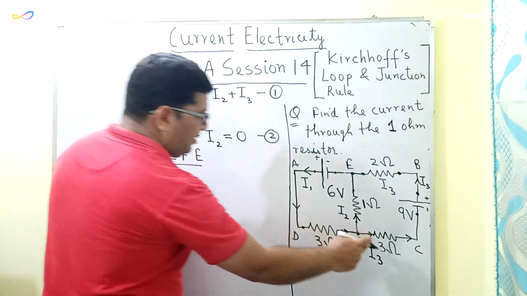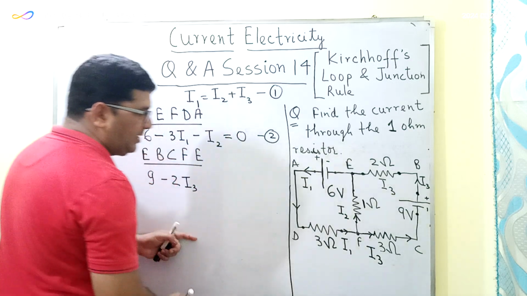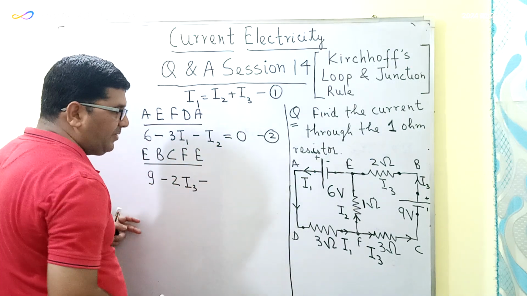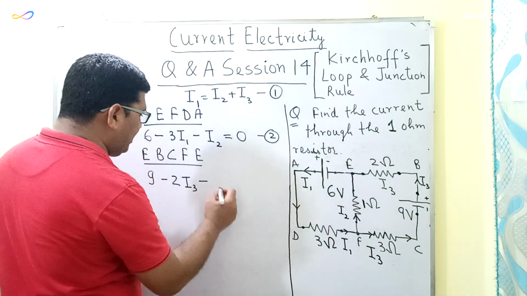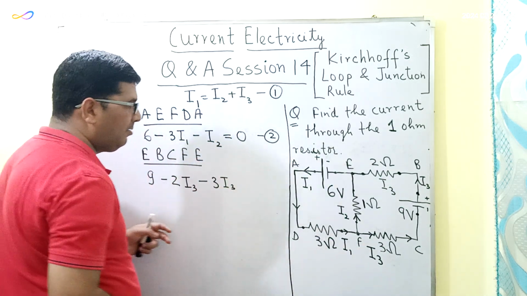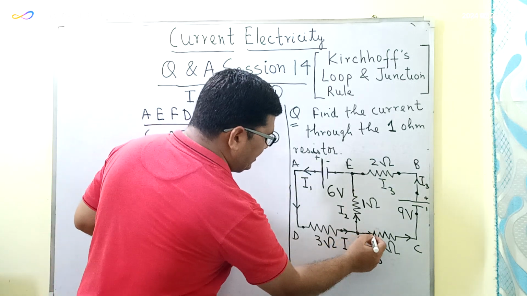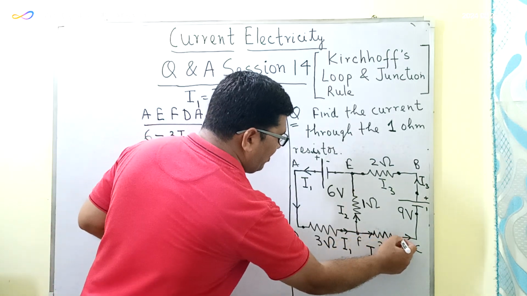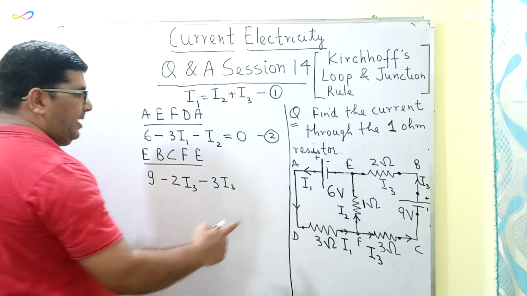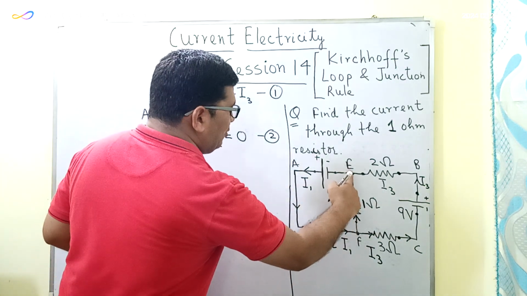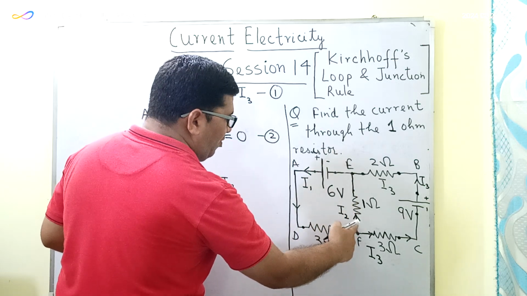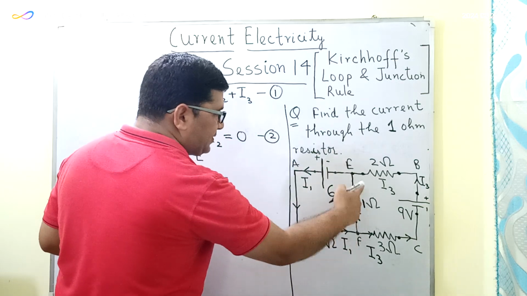Now the current which is flowing through this 3 ohm resistor is also I3, and the potential difference across this 3 ohm resistor will also be minus 3I3, because this point is at a higher potential, and this point is at a lower potential. Now in this loop EBCFE,